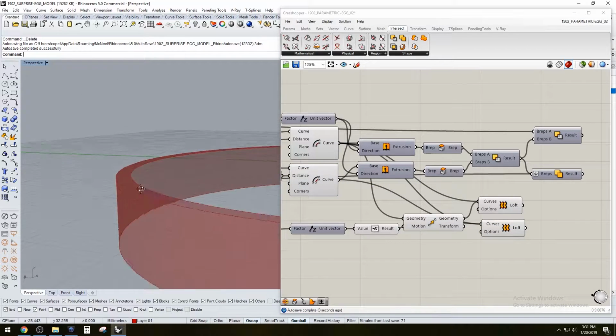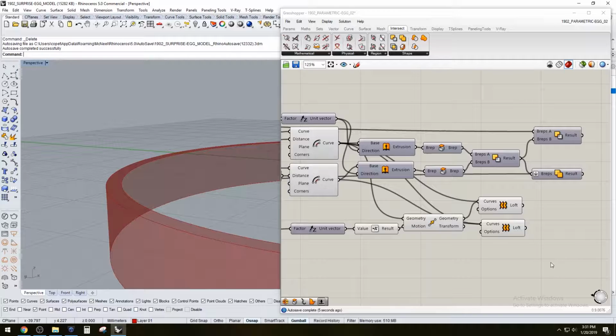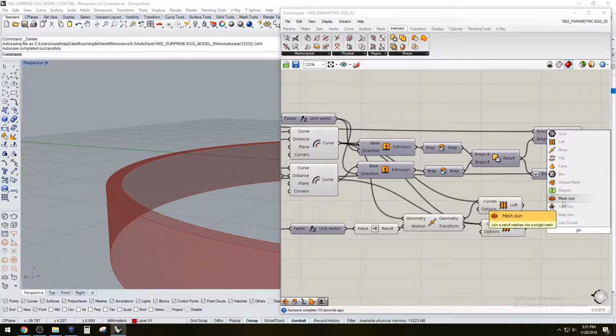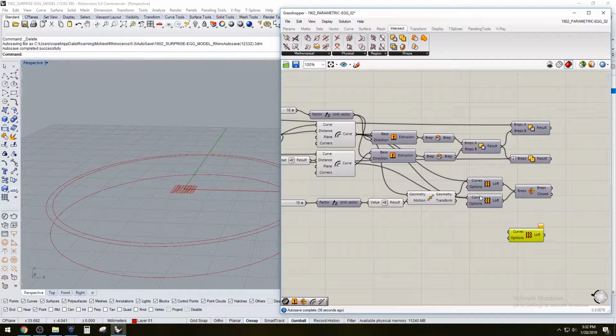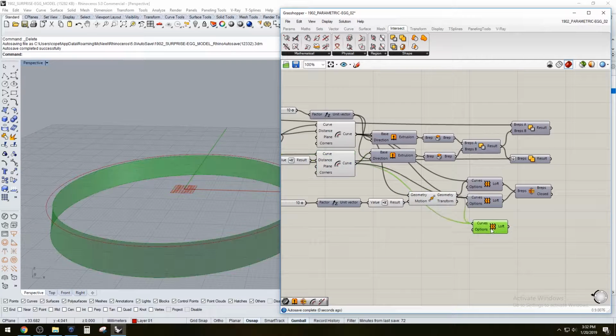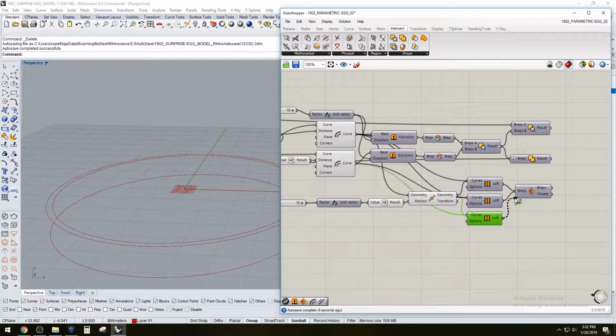So now that we've created that, we can join them together. So that's called a B-rep join, and plug that in, plug this in. It's going to be this geometry and this inside one. And so if I unpreview that and plug this in here,